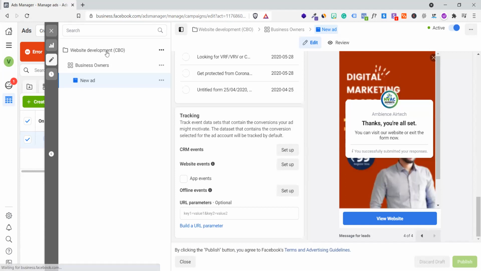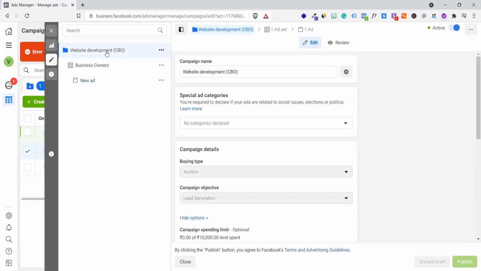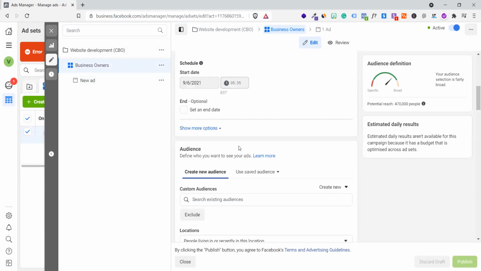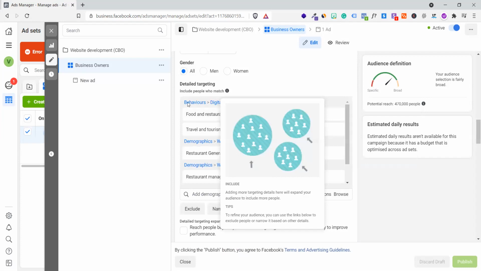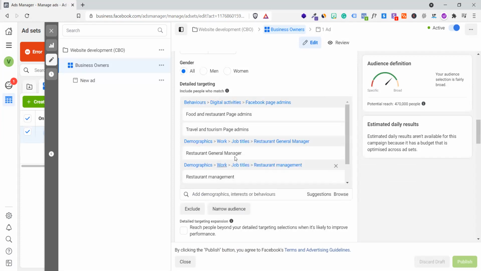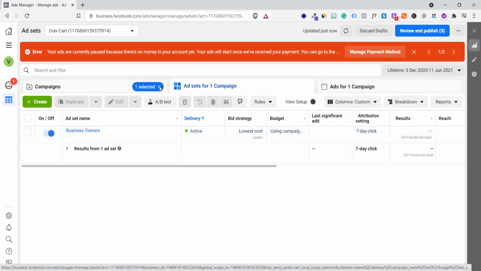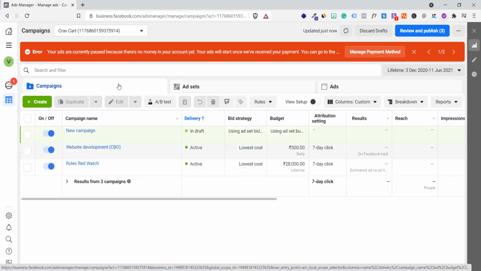Got it. That is done for this lead generation one, and that is one of the most valuable campaigns in the total Facebook Ads Manager, because a lot of people are going to ask you to create lead generation campaigns inside Facebook ads effectively. So the basic game, the basic funda in total Facebook ads is relying here. If you know how to play with these, you know how to get leads there. Okay, you have to learn how to get all these areas right. Let's go ahead and create another campaign today, and we will discuss another campaign which is going to be a little good. All right, let's see.